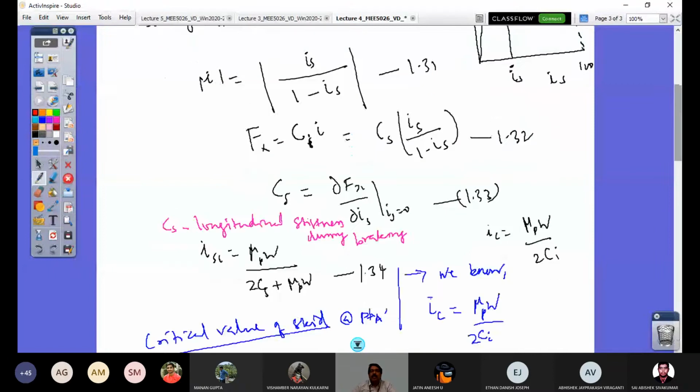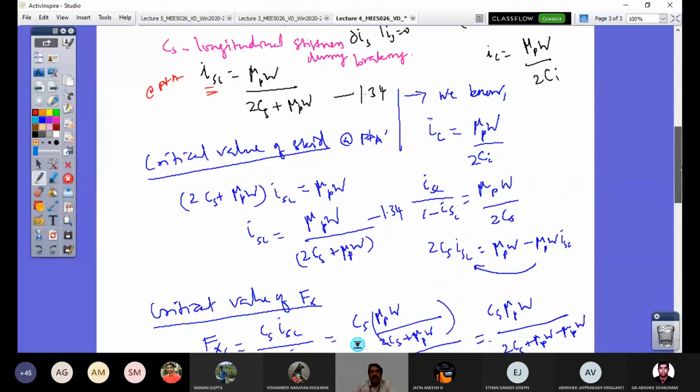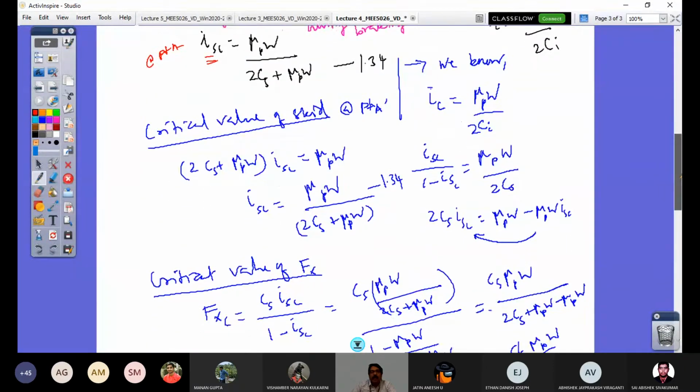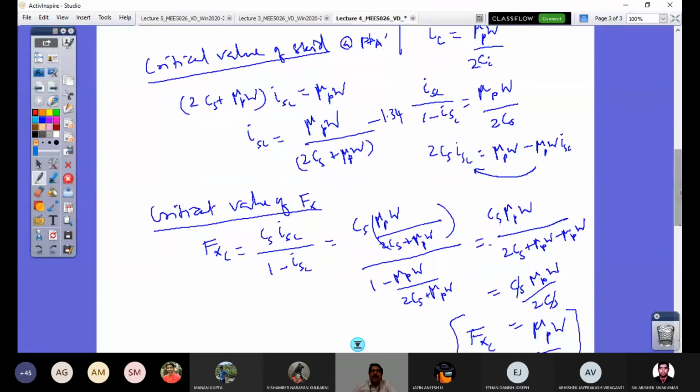And this has helped us to fix our further formulas for braking effort and skid, considering what we have got for tractive effort and slip. So replace i by is by 1 minus is. And Cs you defined as this; in this formula Ci you replace by Cs. So you are able to get the critical value corresponding to point A, what is is, and what is the corresponding critical Fxc value by substituting in this formula.